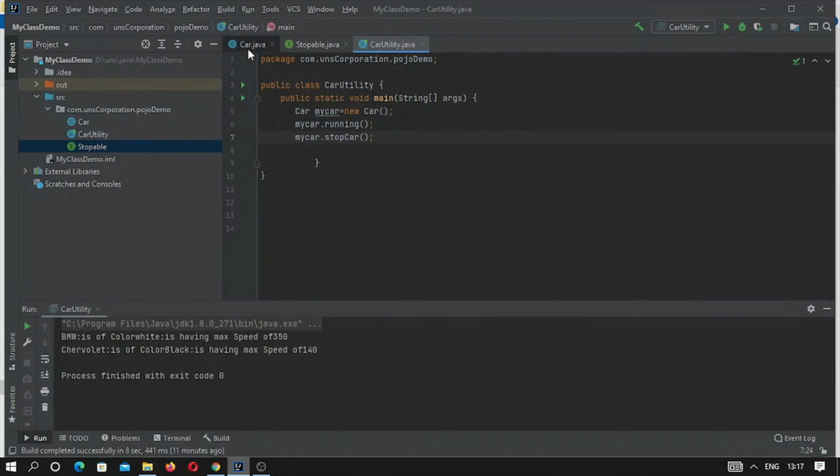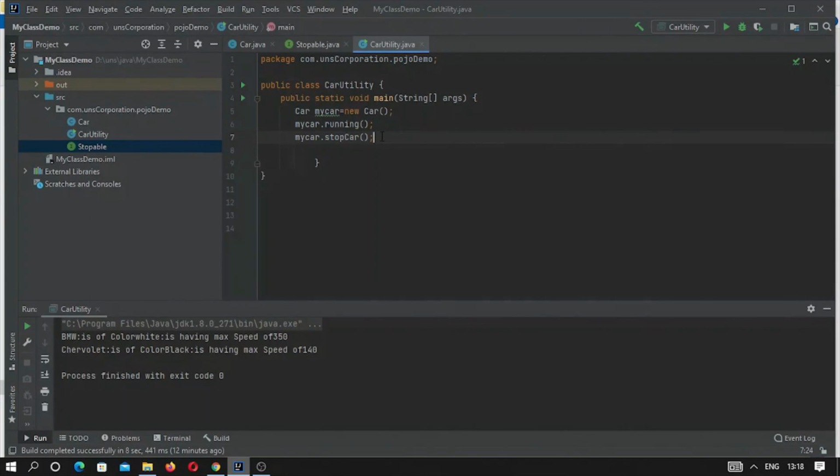In this concrete class we have just implemented an interface. We can also extend this class to an abstract class, which we will study later, and Stoppable is an interface we will also try to understand. This concrete class has full ability to do all the things a class can do in Java.